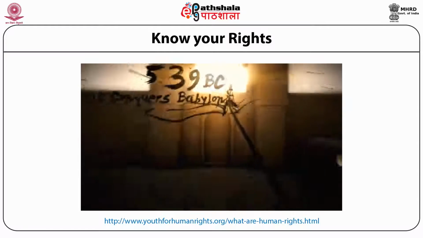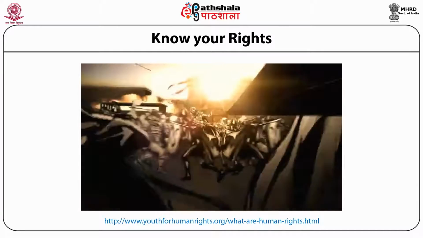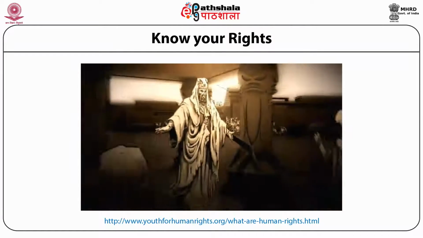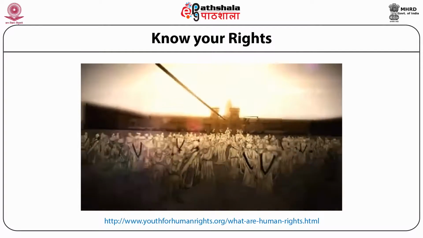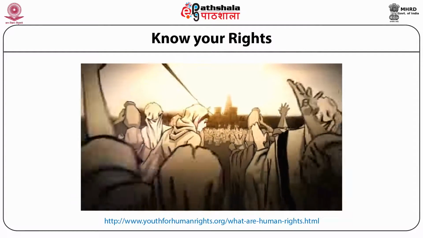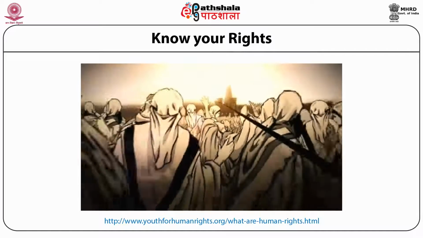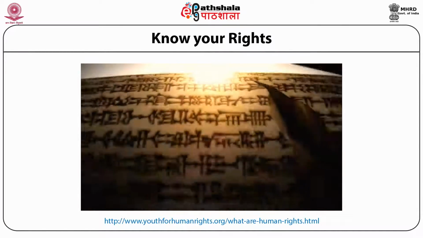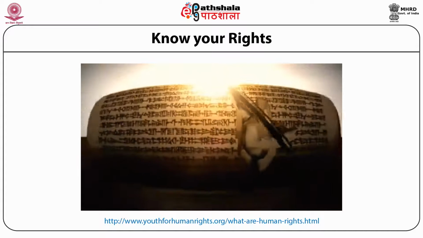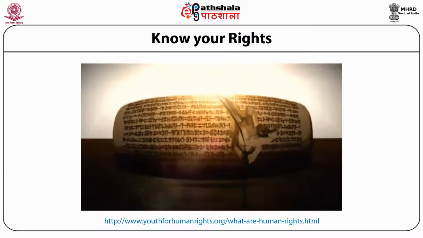After conquering Babylon, he did something completely revolutionary. He announced that all slaves were free to go. He also said people had the freedom to choose their religion, no matter what crowd they were a part of. They documented his words on a clay tablet known as the Cyrus Cylinder. And just like that, human rights were born.